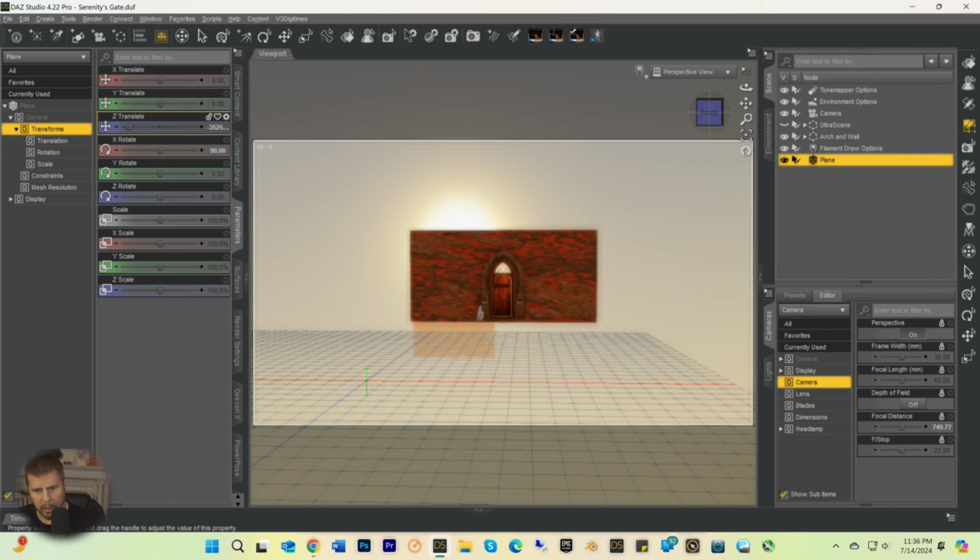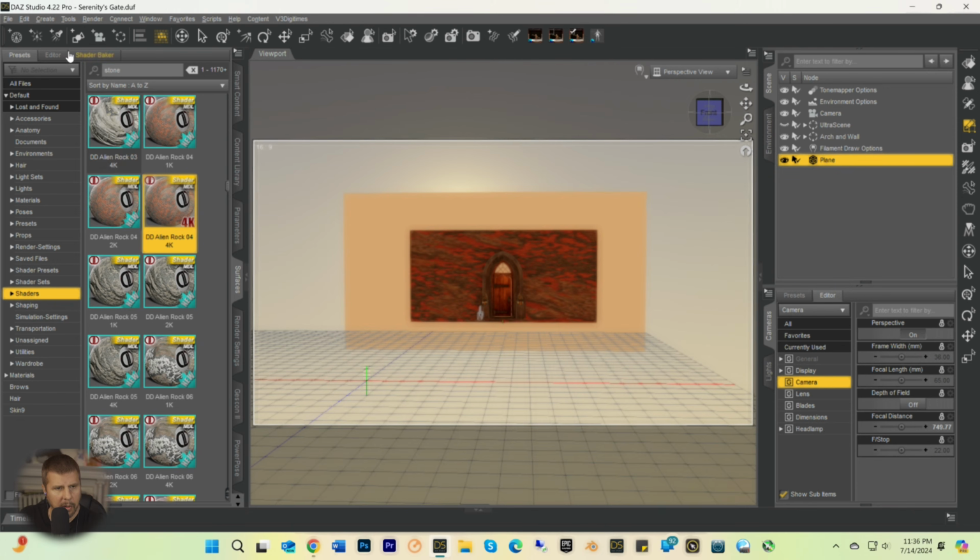We're going to go Z. Put this back here. Scale that. Scale it like this. X scale like this. Y translate like that. And then we're going to put this